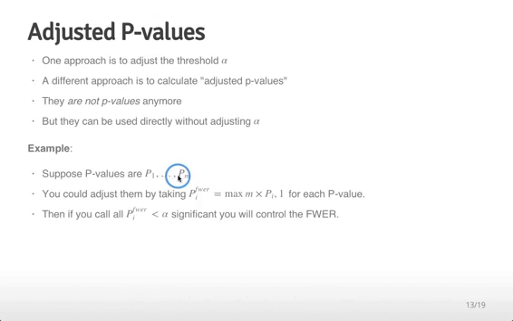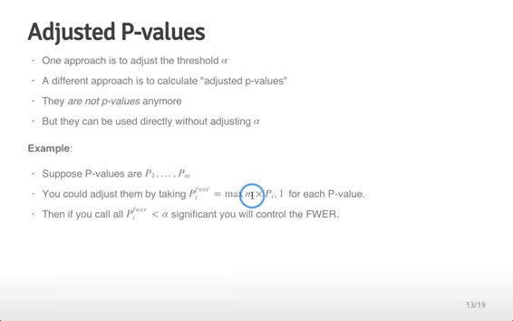One thing that we could do is adjust them by calculating m times each p-value and taking the max of that and 1. In other words, the adjusted p-values can't be larger than 1, just like the p-values themselves can't be larger than 1. But we have multiplied every p-value by m. So remember, for the